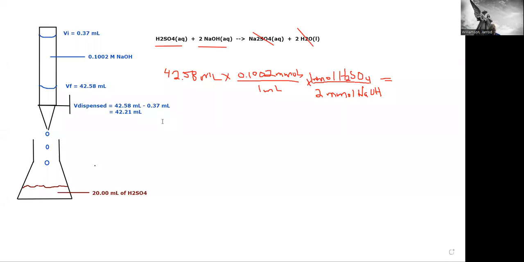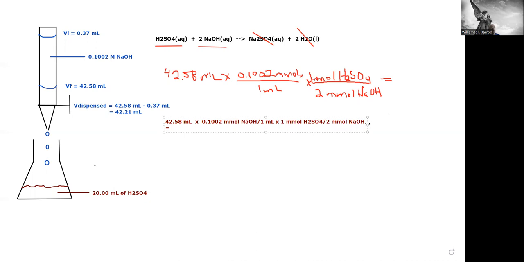That would be the same thing as 42.58 milliliters times 0.1002 millimoles of sodium hydroxide per 1 milliliter of sodium hydroxide, times 1 millimole of sulfuric acid, H2SO4, per 2 millimoles of sodium hydroxide, equals